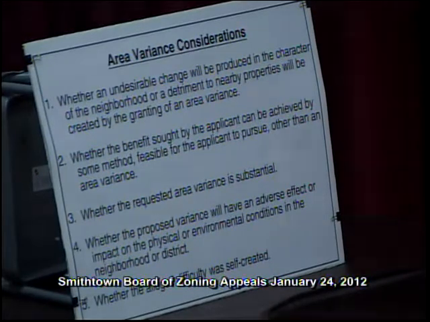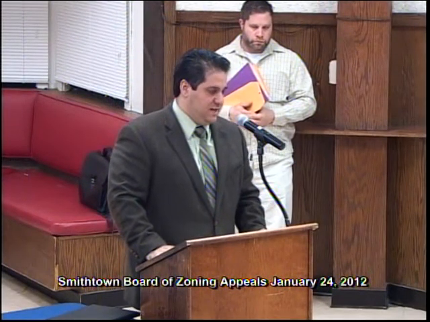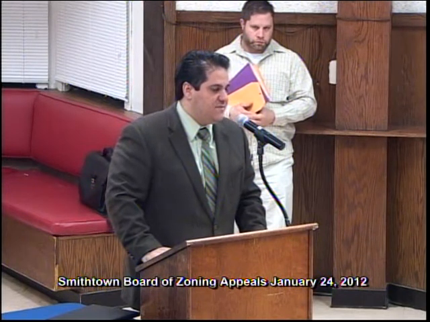Also, the request is not substantial. It's approximately a 16.7% increase in the allowable height. The request is to 18 feet, rounded up from the actual height of 17.5 feet.